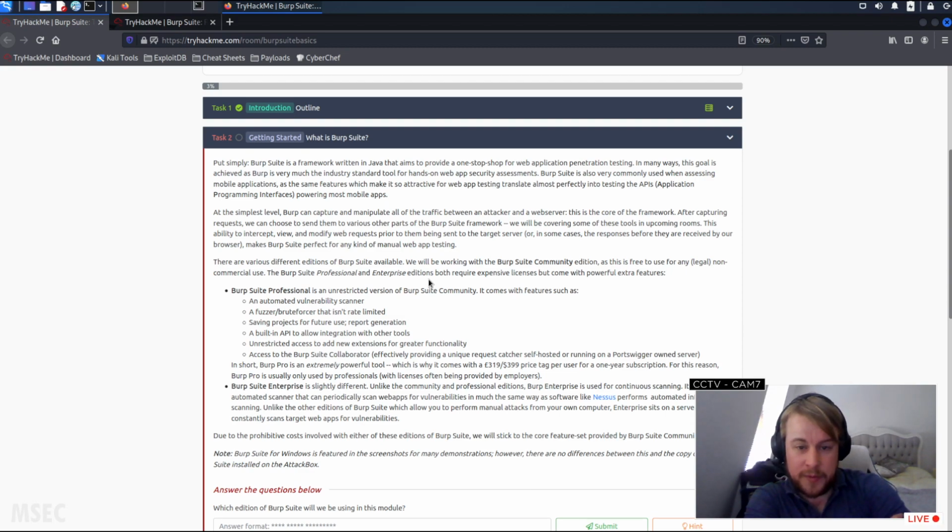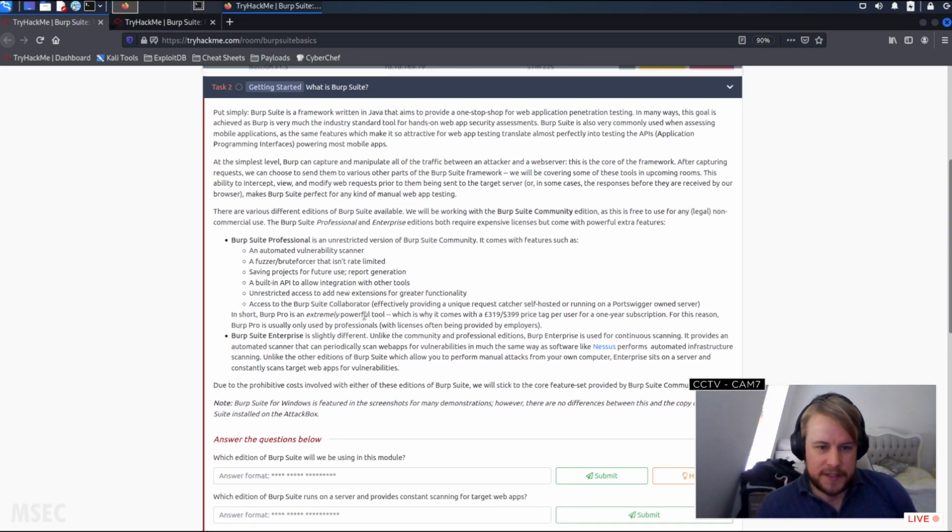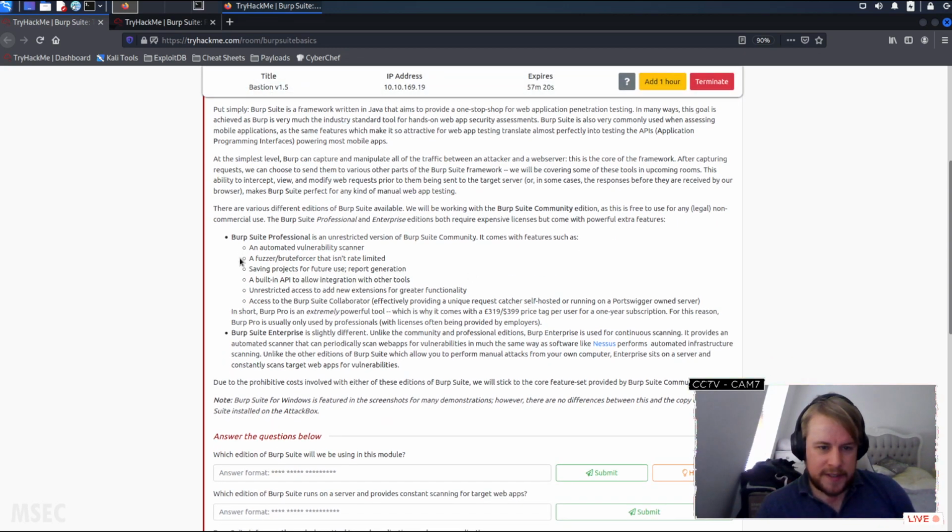We'll be working with the Burp Suite Community Edition, as this is free to use for any legal non-commercial use. The Burp Suite Professional and Enterprise editions both require expensive licenses but come with powerful additional features. Burp Suite Professional is an unrestricted version of Burp Suite Community that comes with features such as an automated vulnerability scanner, a fuzzer brute forcer that isn't rate limited,